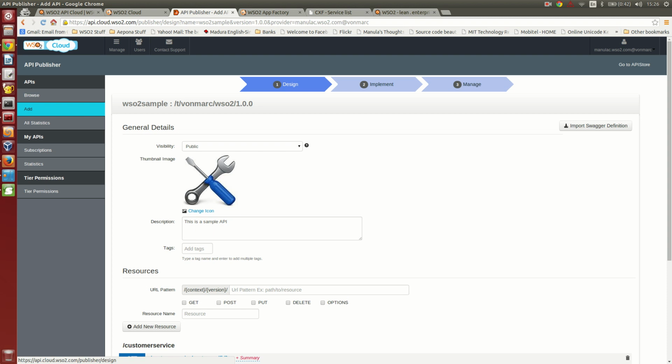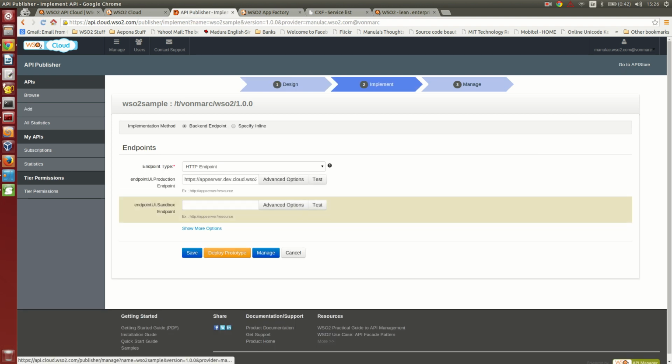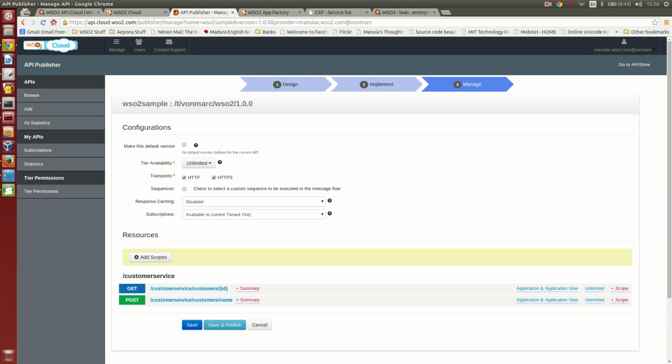First one is you have to design the API, second step is you have to implement it by giving the actual production endpoint, and third one is you can manage it by publishing it, and you can set the tiers, select the transport levels and the subscriptions. This API is only available to the current tenant. You can set it as available to all tenants, or available to specific tenants as well. So that's the end of this screencast, and thank you very much.